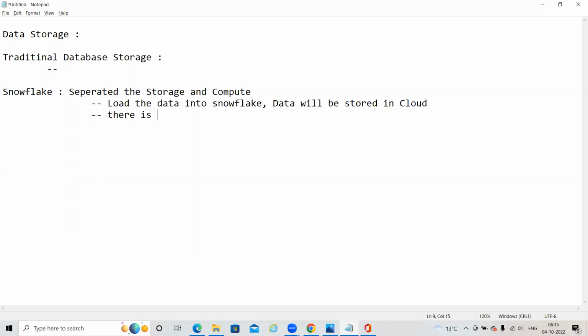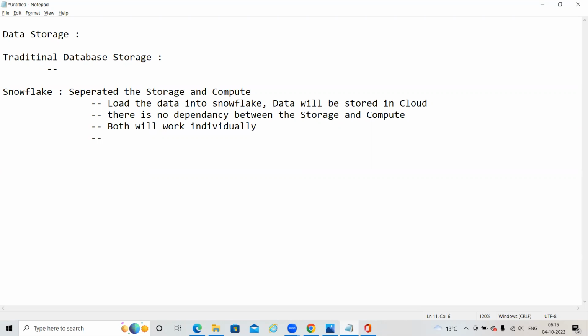There is no dependency between the storage and then compute. Both will work individually.